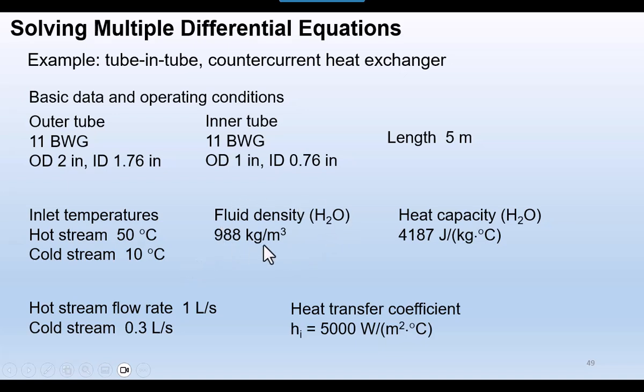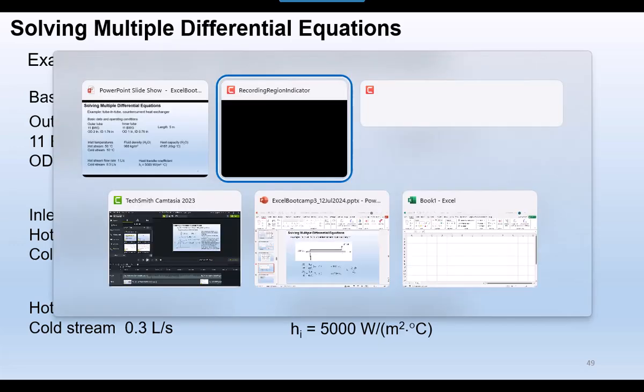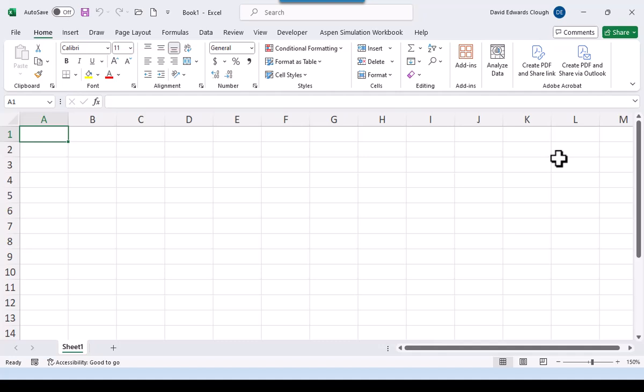We're using water here with density and heat capacity, and then we have flow rates of 1 liter per second for the hot stream and 0.3 liters per second for the cold stream, and we've estimated a heat transfer coefficient HI based on SI units. Okay, so that's what we have there, and we're going to pop over to the spreadsheet now, and